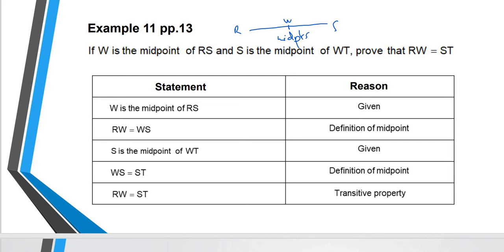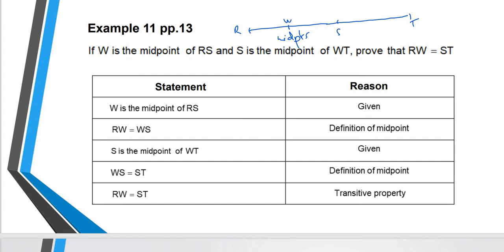So S is also the midpoint of W and T. So this is T. This is S here. It is the midpoint of WT. Okay. Prove that RW